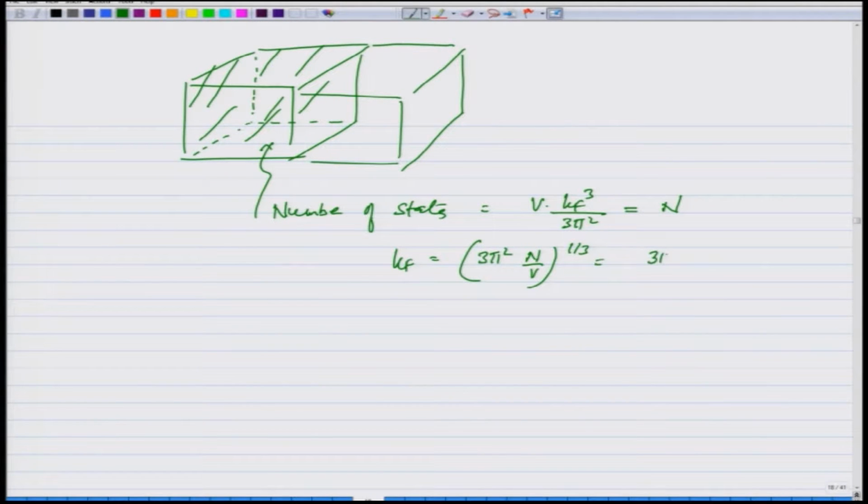So, this is going to be 3 pi square times the density rho raised to 1/3, where rho is n over V